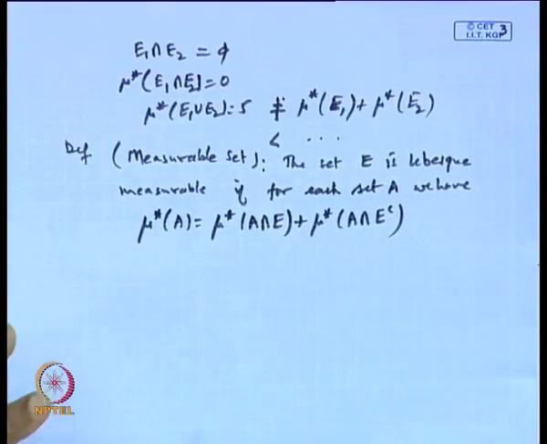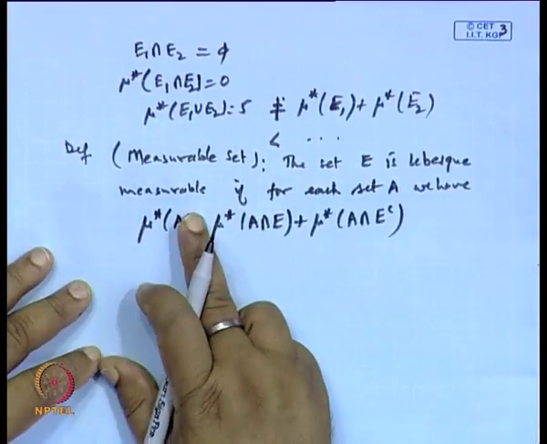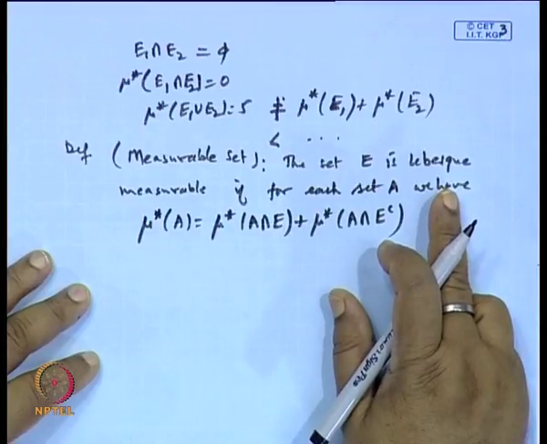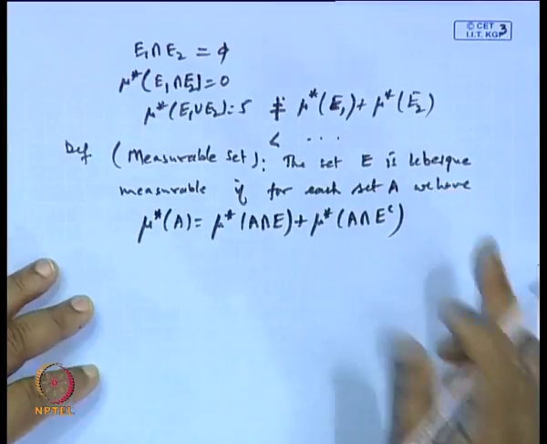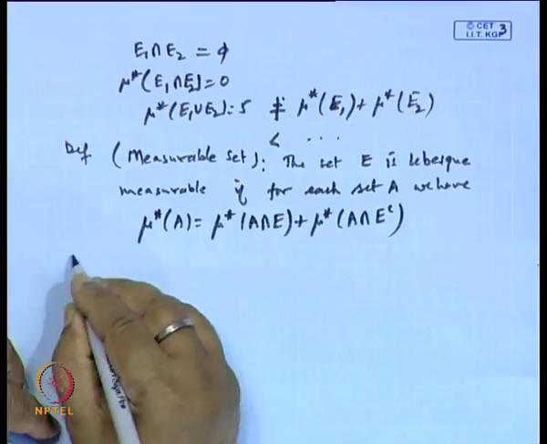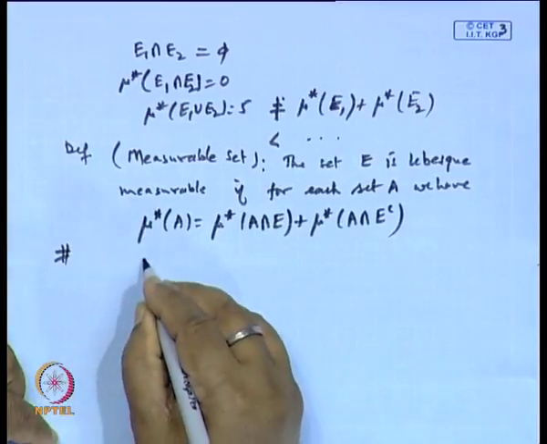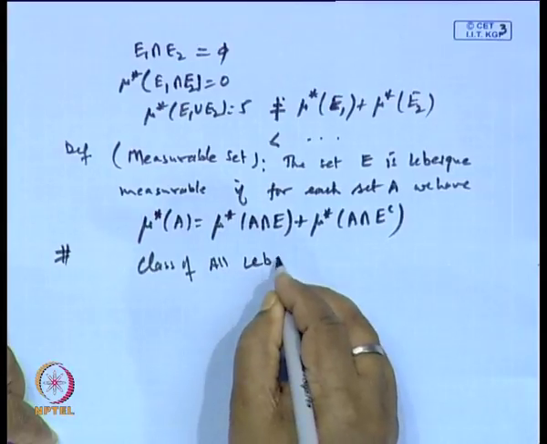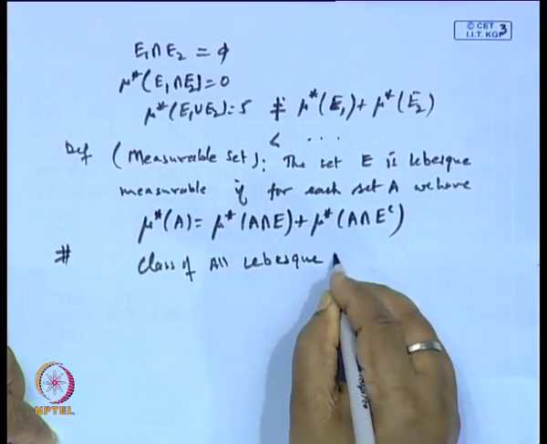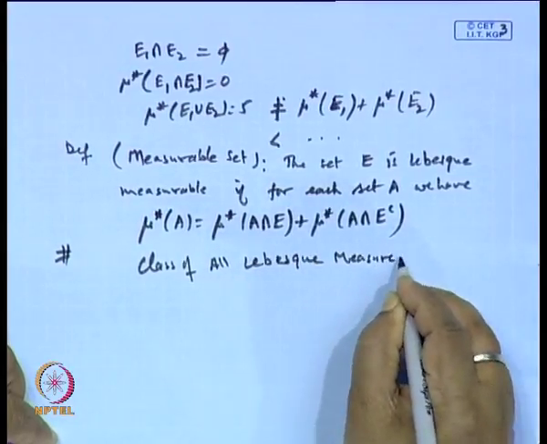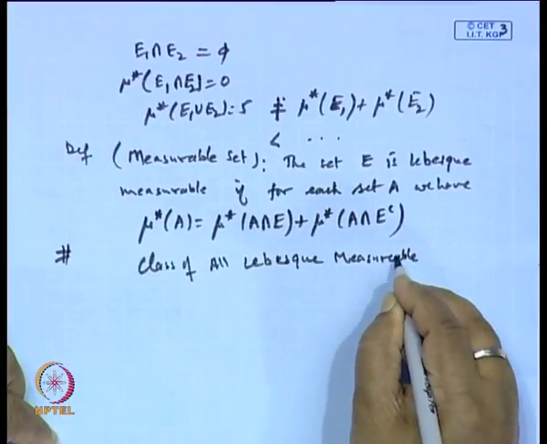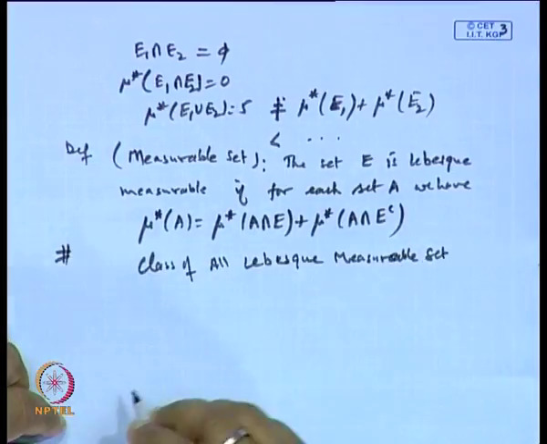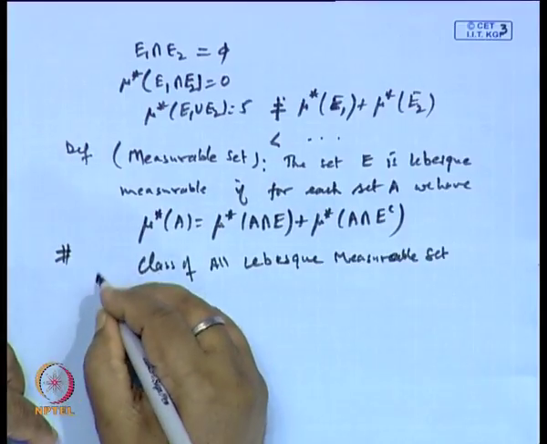Okay. Then such a set E is said to be a Lebesgue measurable set. Okay. And the class of all Lebesgue measurable sets we denote by capital M,